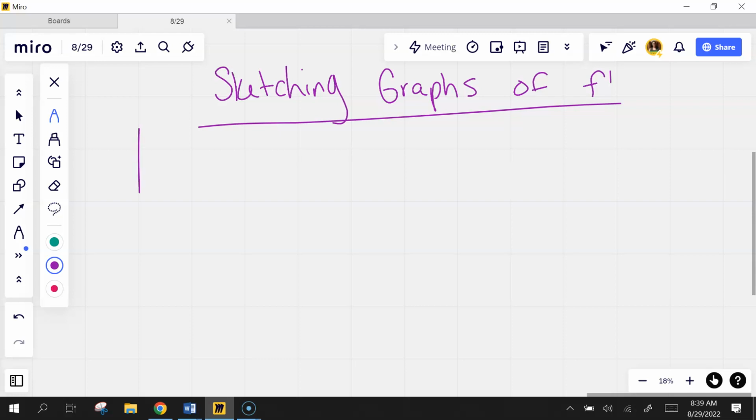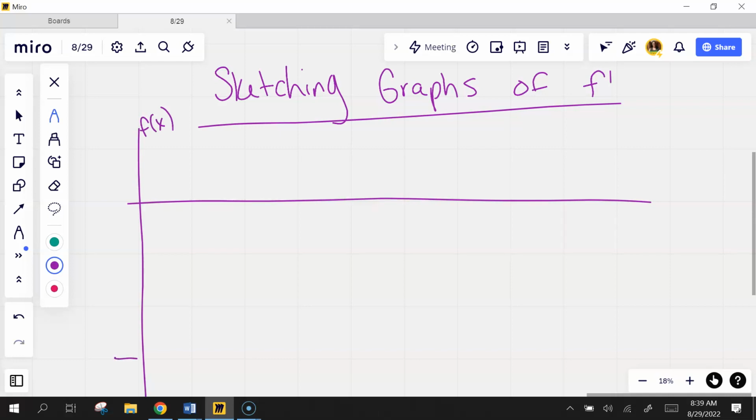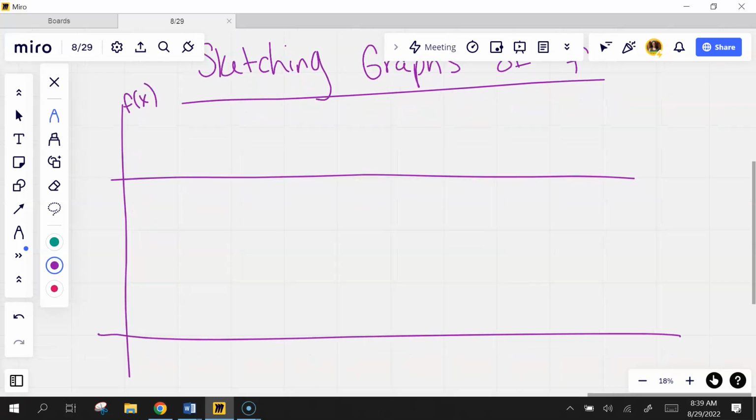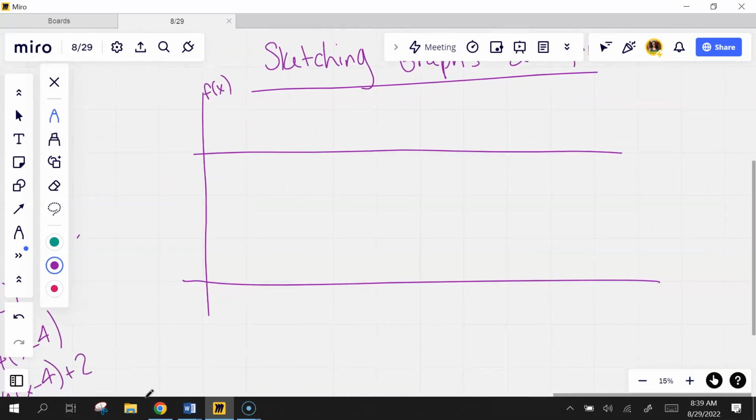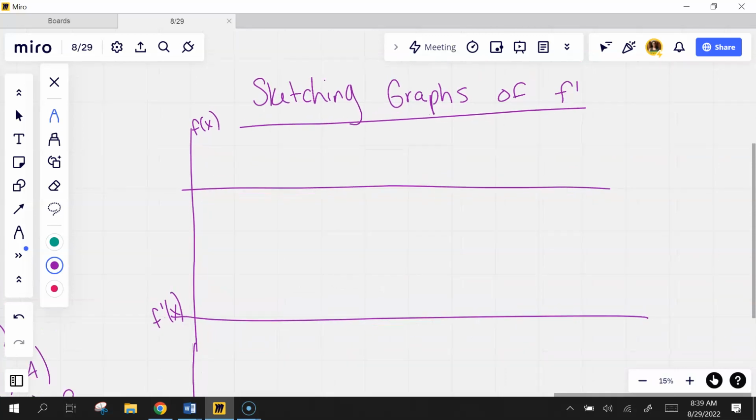All right, let's say, and here's what I'm going to do. I'm going to do the derivative right below it. So this will be f of x, and then right below we'll come in and do the derivative. So imagine there's a break in between these two. Let's say f of x